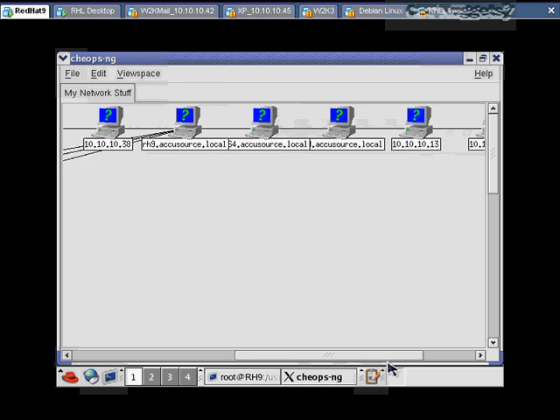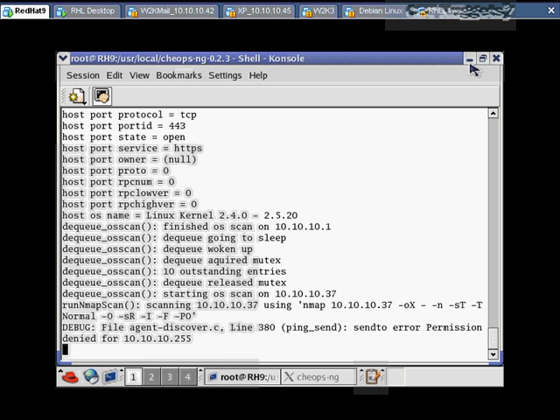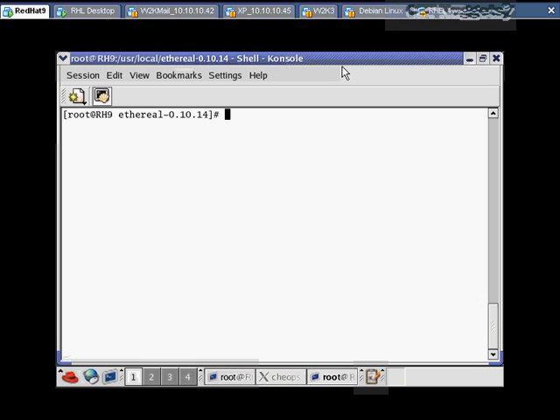It's really not. As we go further along, I'll just let this run in the background, and we'll see that it starts to identify various hosts, and we get a visual picture of what's going on here with KeyOps. So in any case, while KeyOps is running in the background here, I'm going to go ahead